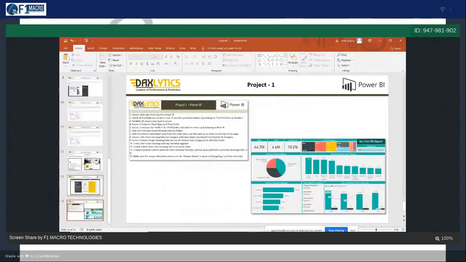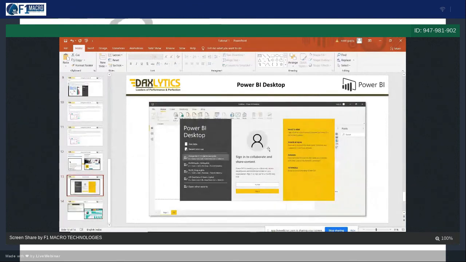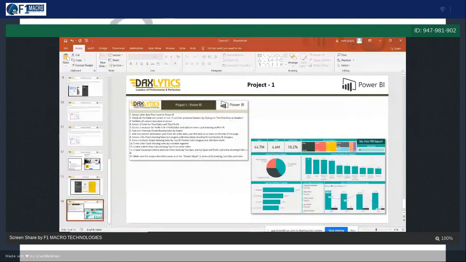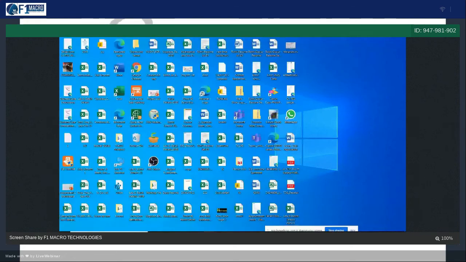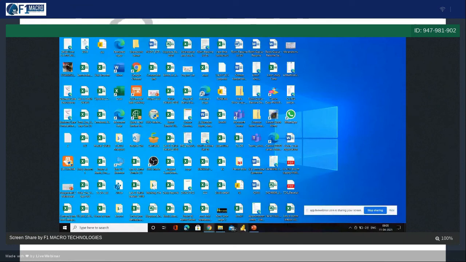And this is how Power BI Desktop looks like. Now I am jumping to Power BI Desktop and we'll complete this project today. We'll talk about ETL, Power Pivot, Power View, and Power Query. Let's start with Power BI Desktop first. How does Power BI Desktop look like? This is Power BI Desktop. You can see three bars; this is the logo of Power BI. They have changed the logo. Earlier it was something different.